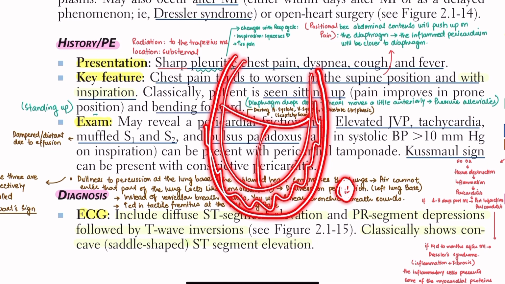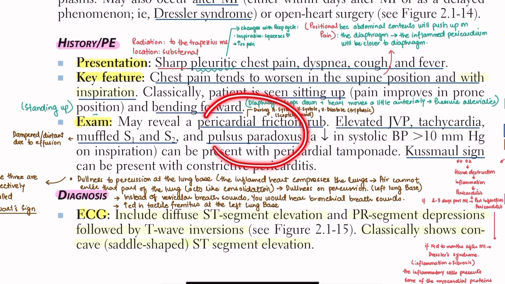So the heart sounds not only have to cross the heart muscles, then the effusion, then the last layer of the pericardium, then the skin, and then finally it reaches your stethoscope. That will make the heart sounds a little muffled. And there will also be pulsus paradoxus, which means a systolic blood pressure decrease of more than 10 mmHg on